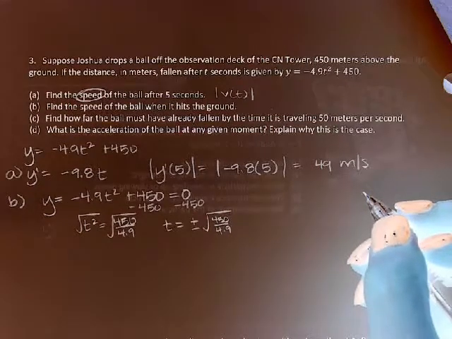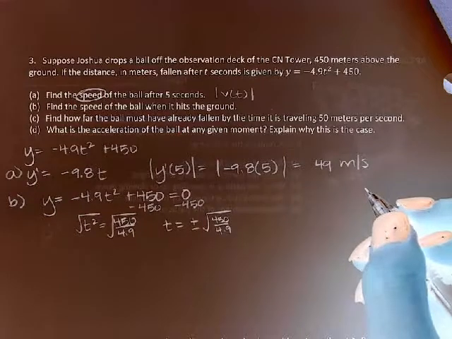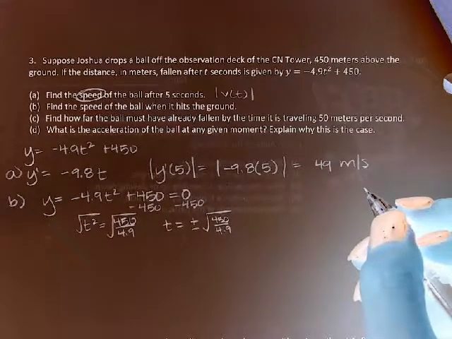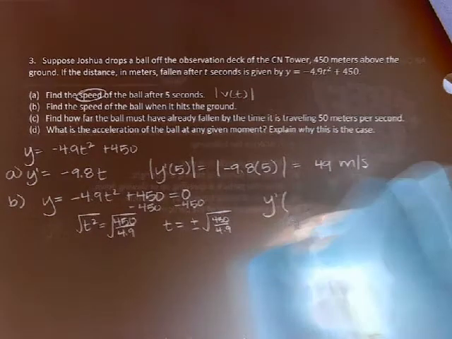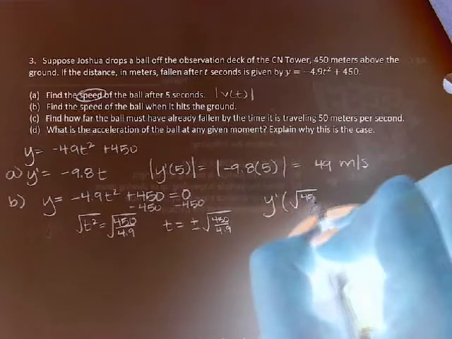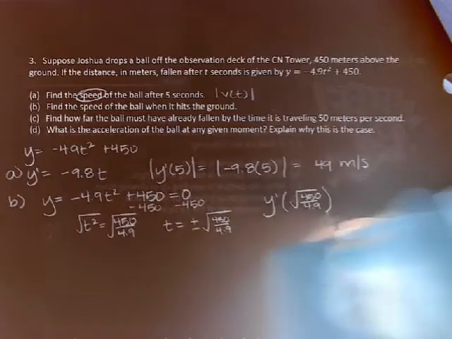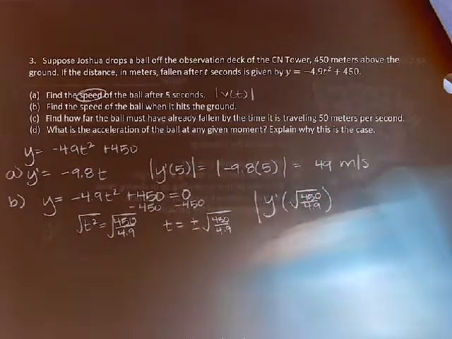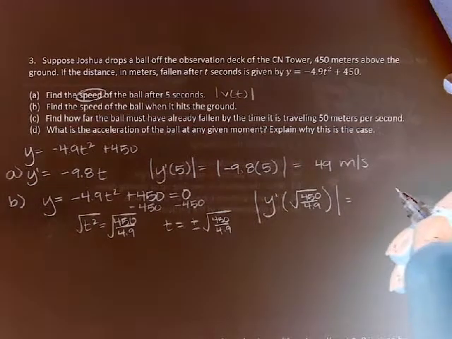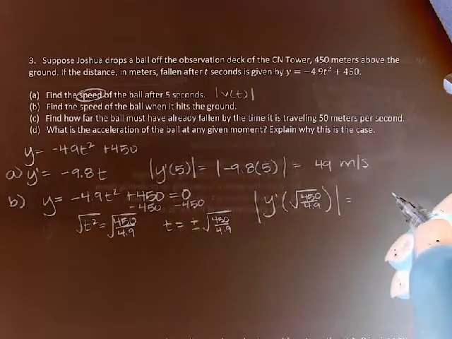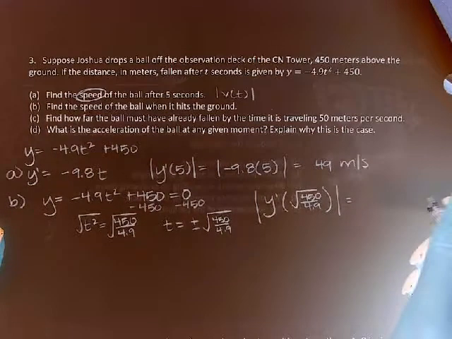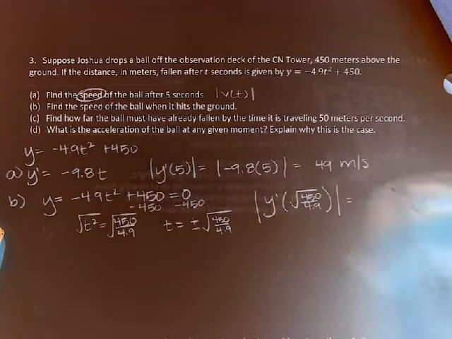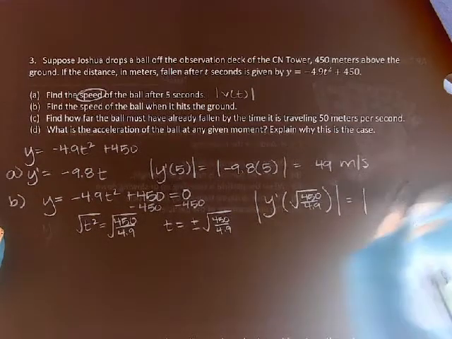I'm going to plug that into the velocity equation, which is the first derivative, and I'm going to make sure I take the absolute value of it because I don't care about the direction, I just care about the speed. So I'm going to say y prime of that crazy square root. And I'm going to go ahead and do the positive version. Why am I doing the positive version? Because negative time doesn't really make sense in this situation. So I'm doing the positive square root of that. So if we plug that in,